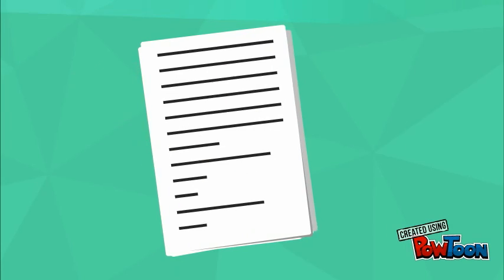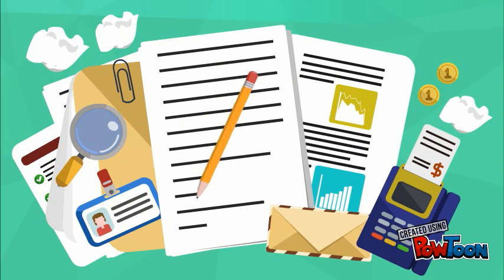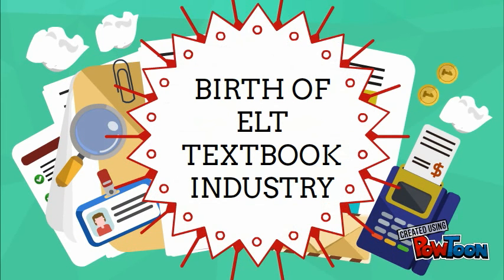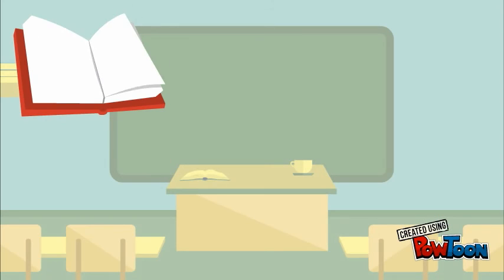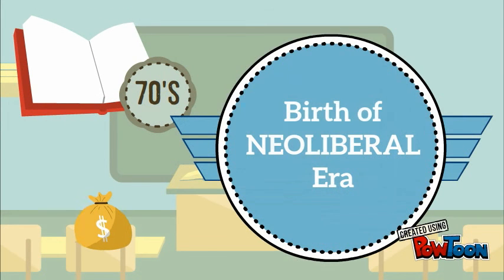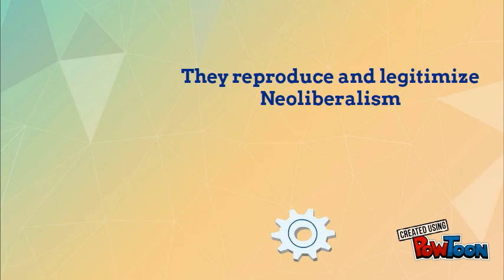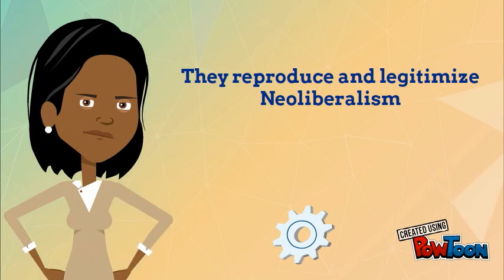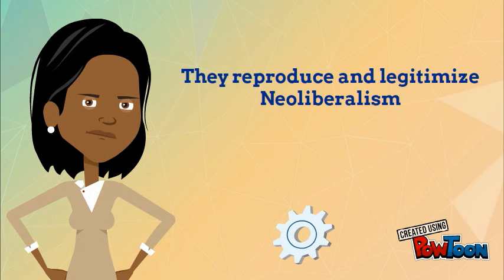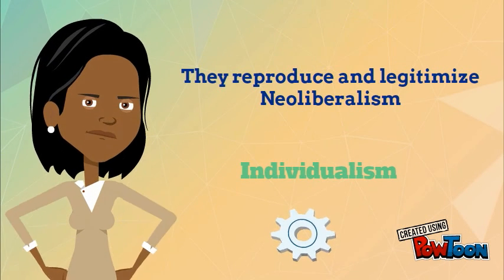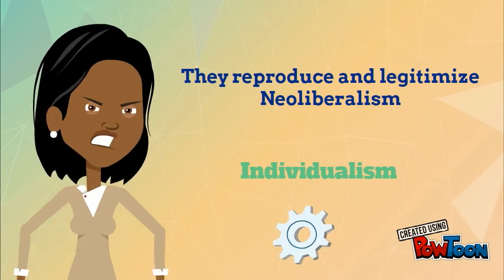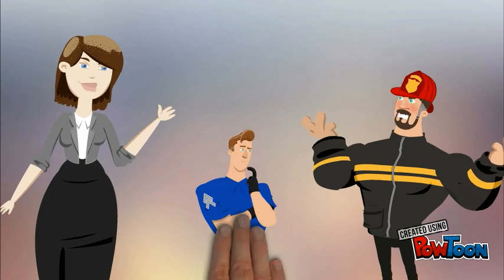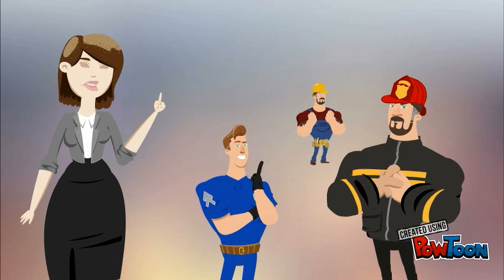analyzing textbooks. Before we start talking about middle class, we should probably tell you some facts about the birth of the ELT textbook industry. It started its development by the end of the 70s, which coincides with the birth of the neoliberal era. Why is this important? Because UK produced textbooks reproduced and legitimized neoliberalism, which is an ideology that promotes individualism over class-based and other collective identity inscriptions. So in this video, we will see how this is related to the representation of the working class